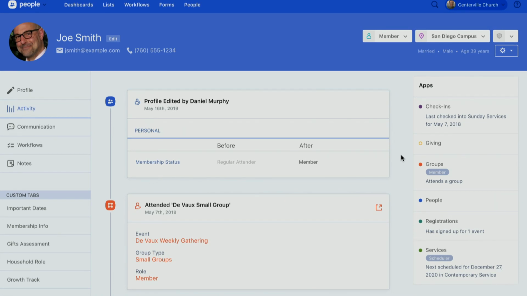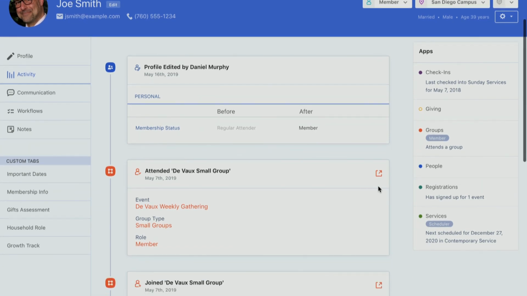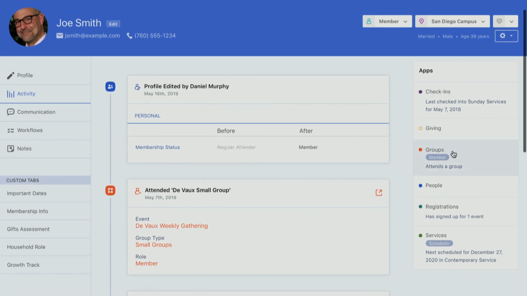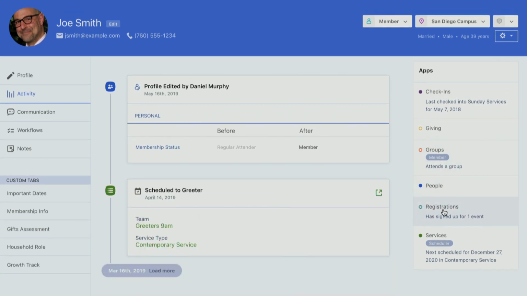A couple things to know about this. That activity feed is only going to show you information from applications that you already have access to. So if I didn't have access to groups, I wouldn't see any information from groups. I can use these filters here also to turn on and off different applications. So if I just want to know about check-ins or whatever,